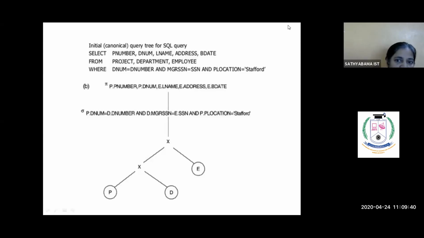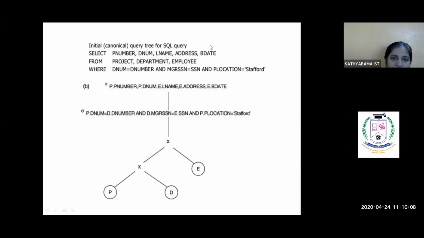Okay, so this particular query tree would be generated as initial tree, where they apply Cartesian product. First, what they'll do, they will just combine all the tables initially. Okay, so here P node represents project table, D node represents department table, E node represents employee table.